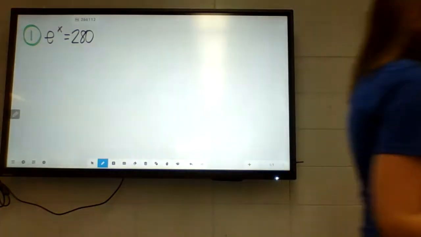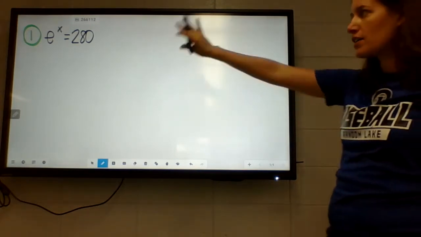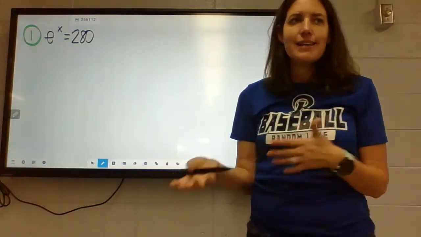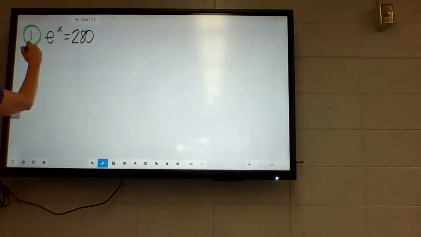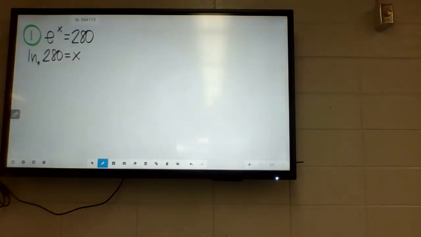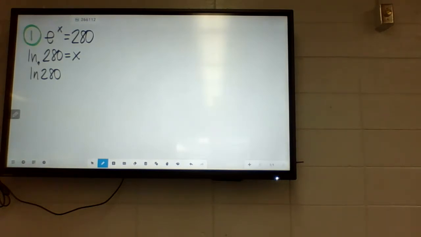So this takes us back to last chapter. Remember, way back, not even last chapter, earlier in chapter 2. We want to solve this for x. When we are speaking exponential, we want to switch it back to log. And base e is that ln. So we're going to switch this to ln. It's technically base e, but you don't have to write that, of 280 is going to equal x. So in order to figure out what x is, you're just doing ln of 280. And that's converting back and forth between e with the exponent and ln and logarithms. So that's not a bad thing for us to review,